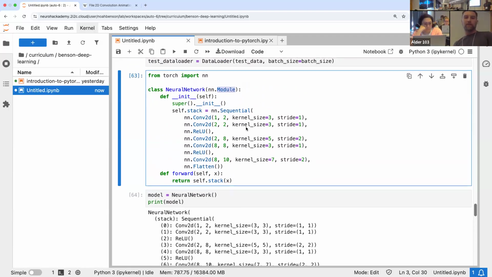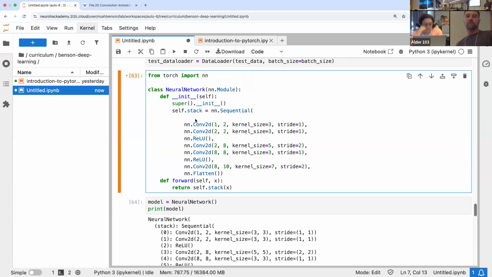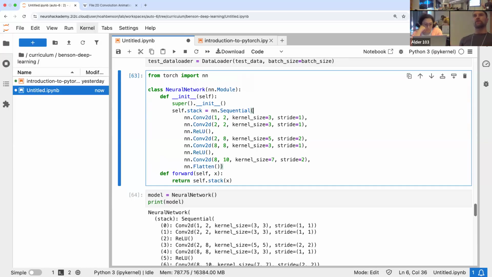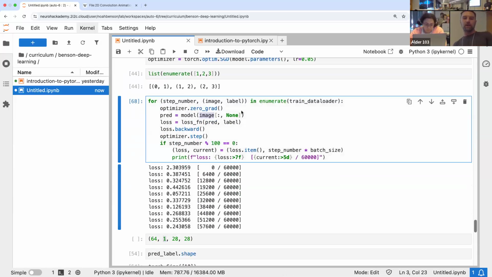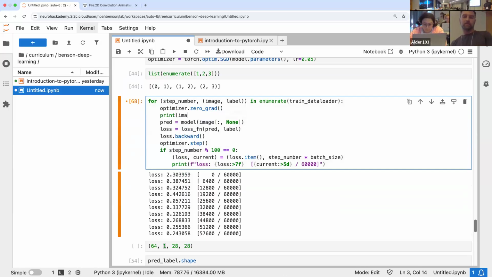Okay, so the reason that bug happened was because originally the first thing we did was we had a flatten here. And so it didn't care if we had the channels and rows and columns right. But in this, since we're doing a 2D image convolution, it needs to have channels there, or it will get confused as to whether the 28 is, like, it's not sure if we're trying to give it 28 channels and we screwed up our image, or if we screwed up our channels and gave it a 28 by 28 image. So what I had to do was down here, let me just put this back,